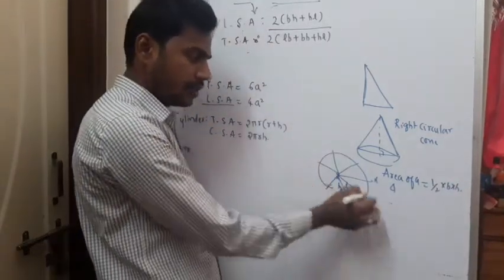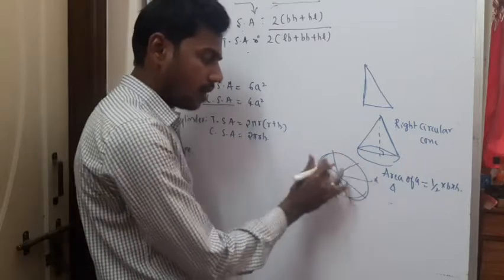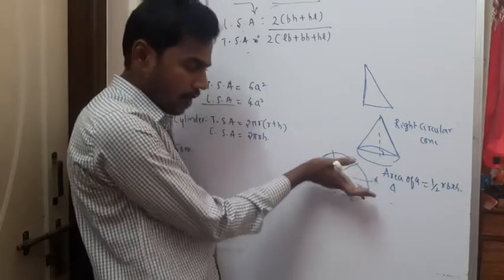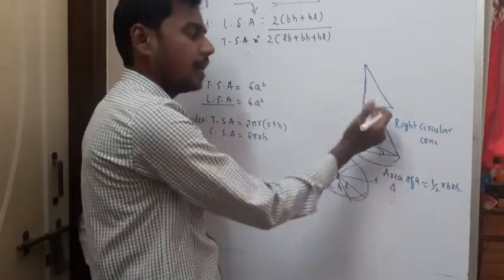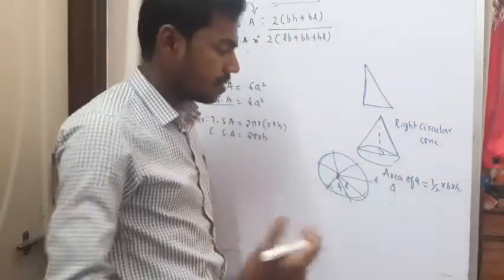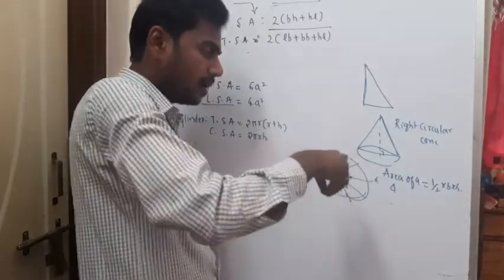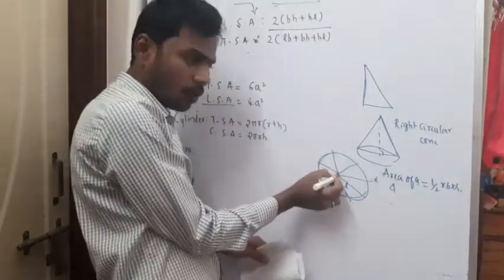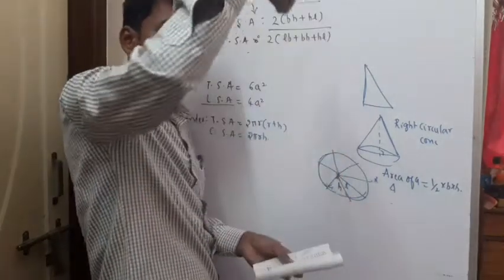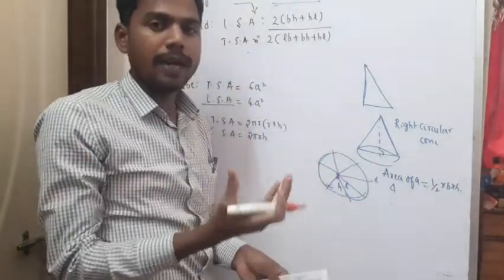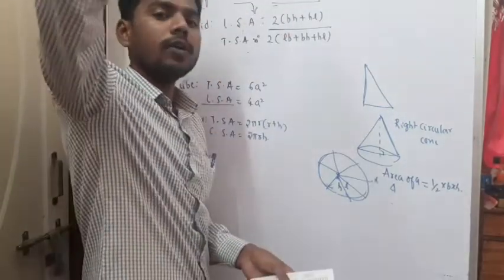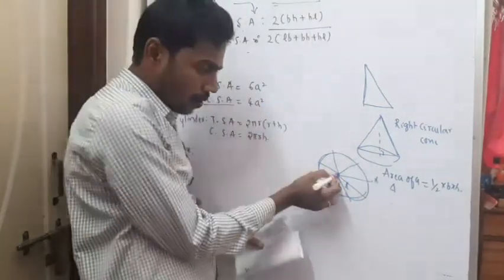Height across all the triangles is L, because this is the radius. So when I keep on adding this triangle, I cut into different pieces of triangles. So when I place them together, this cone, when you view it from the top end, it will look like this. See, look at the birthday cap. That is a perfect example for a right circular cone, and try to look at it from the top end. So you are going to observe like this.